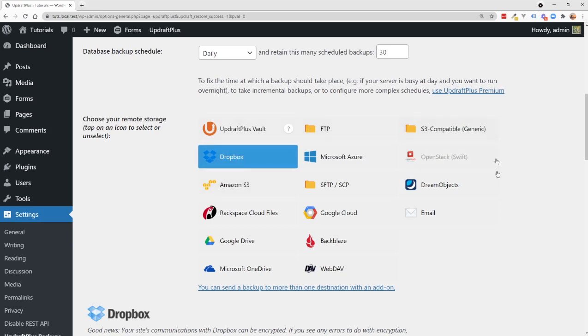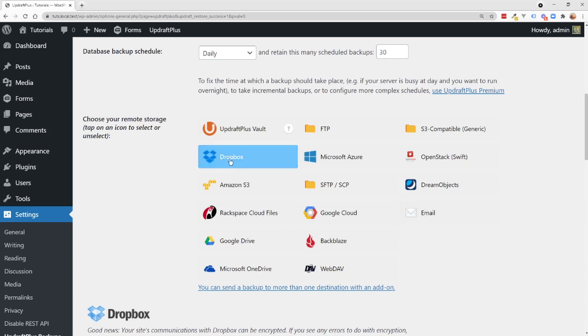So here you have a bunch of options. So remote: Dropbox, Microsoft Azure, S3, Google Drive, FTP. FTP means to another server. Honestly, what I would recommend is either Dropbox or S3. S3 is a bit more advanced in the setup. So Dropbox might be your easiest option if you have a good Dropbox account. Now you've got to factor in that this will increase your usage of Dropbox,